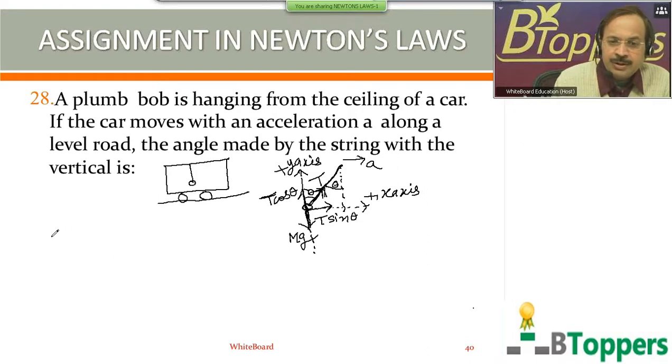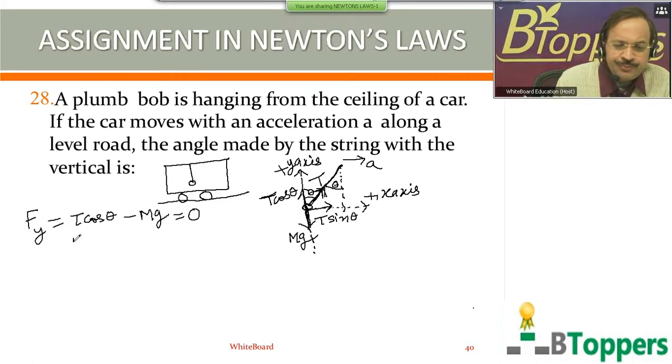So the vertical component of tension with magnitude T cos theta is directed vertically upwards along the positive y-axis. The weight mg of the bob acts vertically downward in the negative direction of the y-axis. So the y component of resultant force on the bob is equal to T cos theta minus mg. But here the bob has no motion in the vertical direction. Therefore, the y component of the resultant force on the bob must be 0. So T cos theta equals mg in magnitude. Call this equation 1.